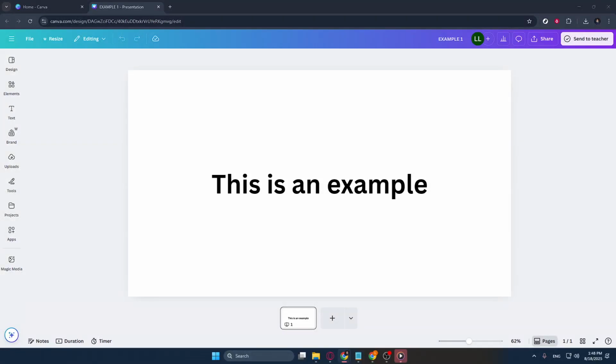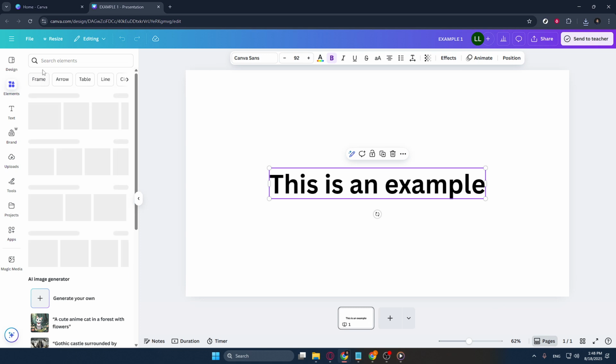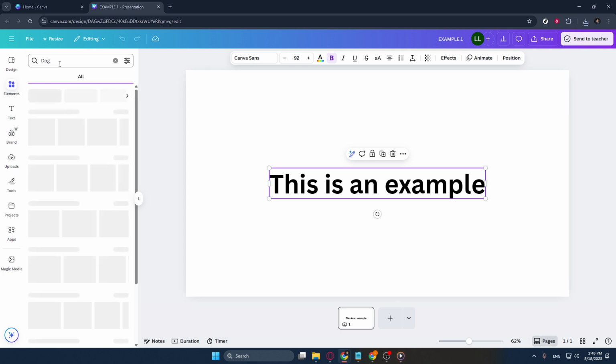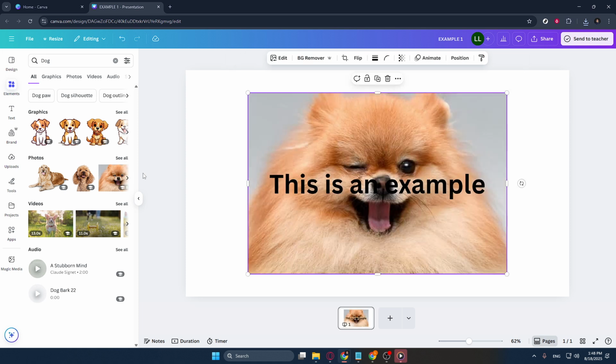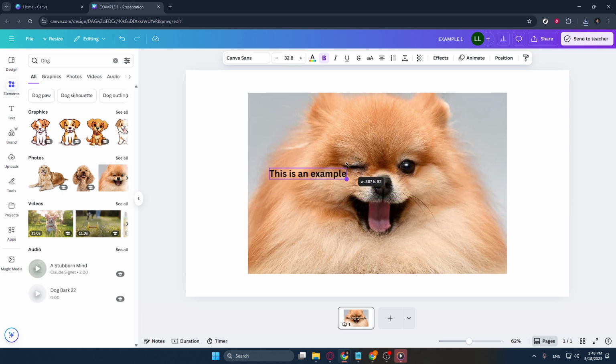In today's video, I'm going to teach you how to add a stylish border to your images using Canva. Whether you're looking to enhance your social media posts, design a sleek presentation, or simply add a creative flair to your personal projects, adding borders to your images can make a significant impact. Let's dive right in and break down the process step by step so you can get these eye-catching results in